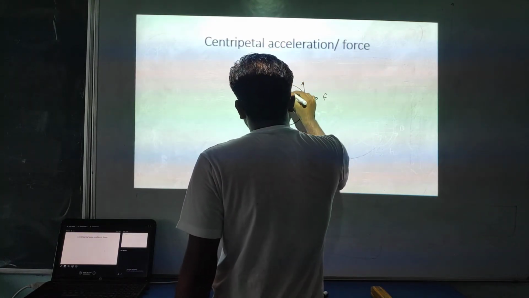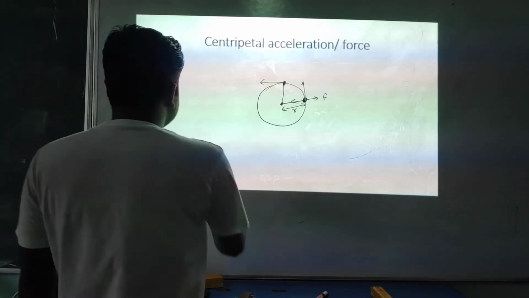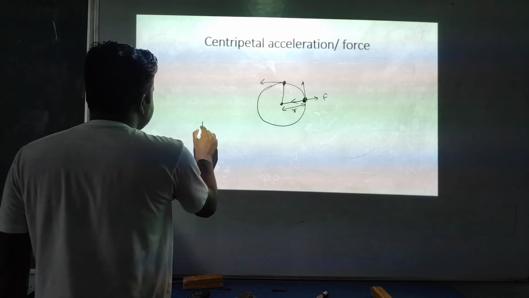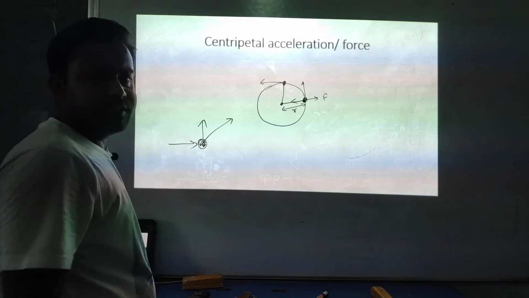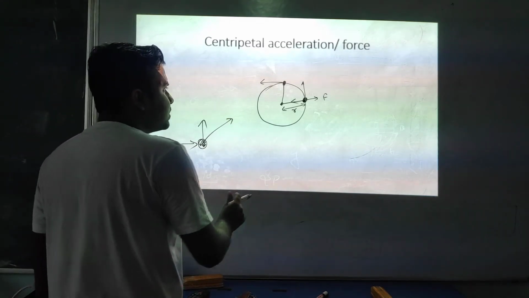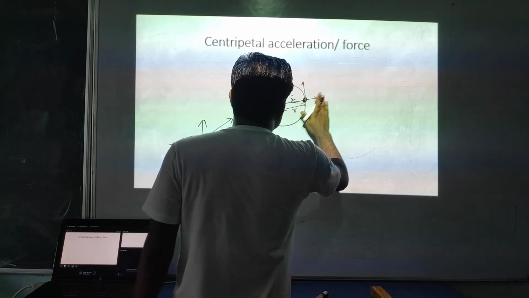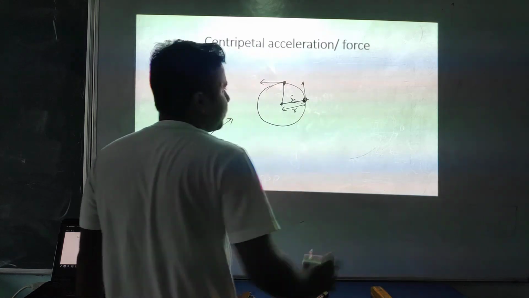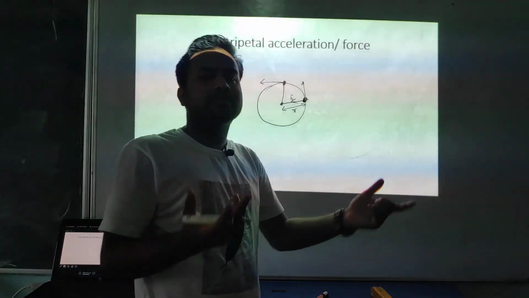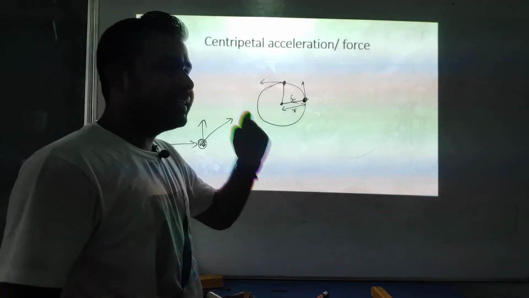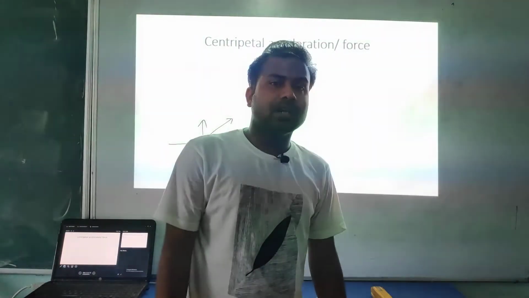Look at this, student. If you observe these 2 points, here in this direction it's rotated in this direction. If an object is moving from here in this direction, and you apply a force, what will happen? The direction will change, is it or not? So the direction change is happening just because there is one force present, and that force is the centripetal force. We are not going to discuss the centrifugal force. Initially I told you the outward force is called centrifugal. This is not part of our 9th class syllabus, so I am not discussing the centrifugal force. In 11th class you will learn about that force.